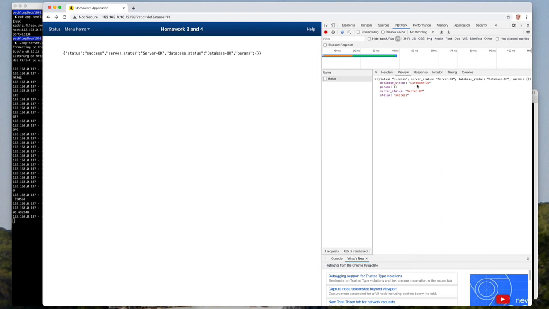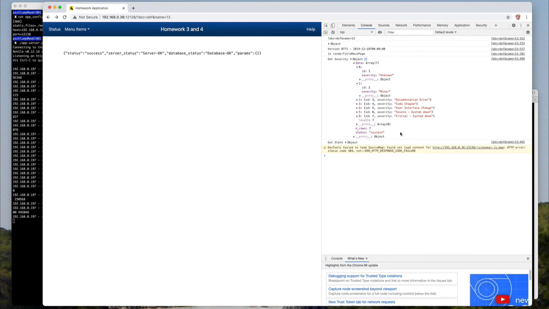Broken down, status, database, okay, and the parameters. Here is the raw response of the data. This is what it looked like, which if you look over here, I'm printing it out. And there's other things in here, like did it have cookies? What's the timing? But you can actually poke into the network and what's going on. So here's our console and our network in the browser that allows us to go and see what's going on